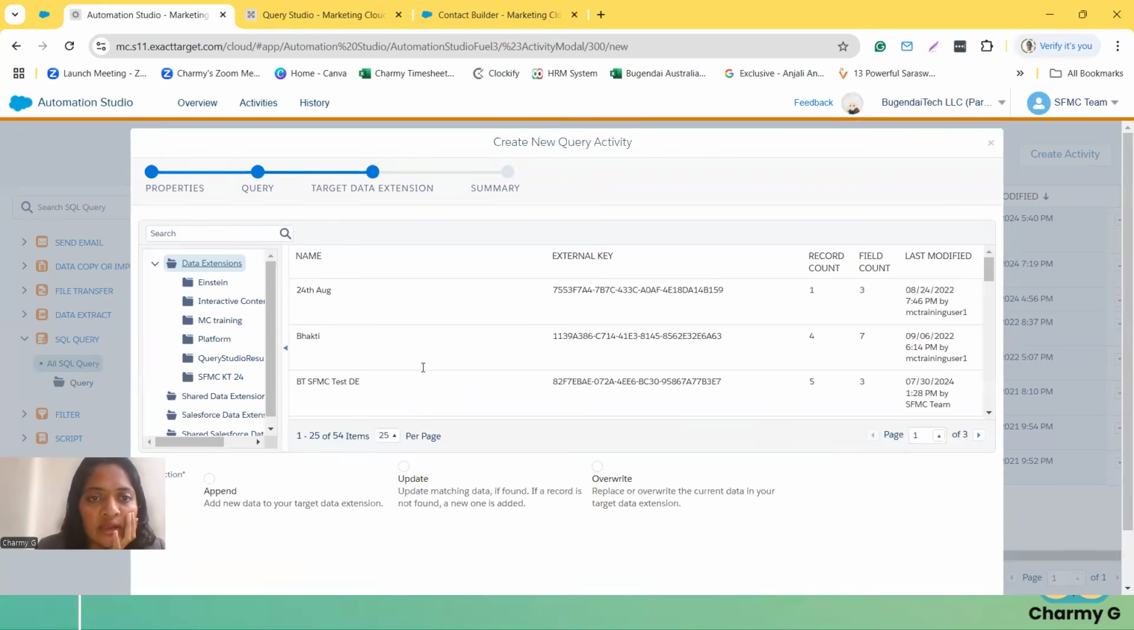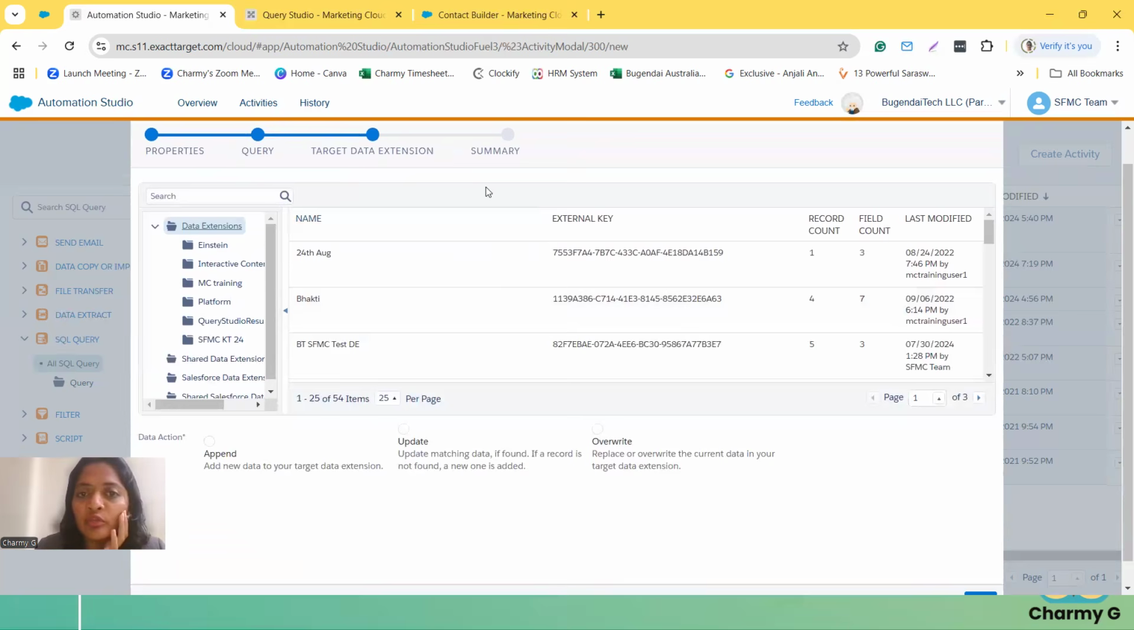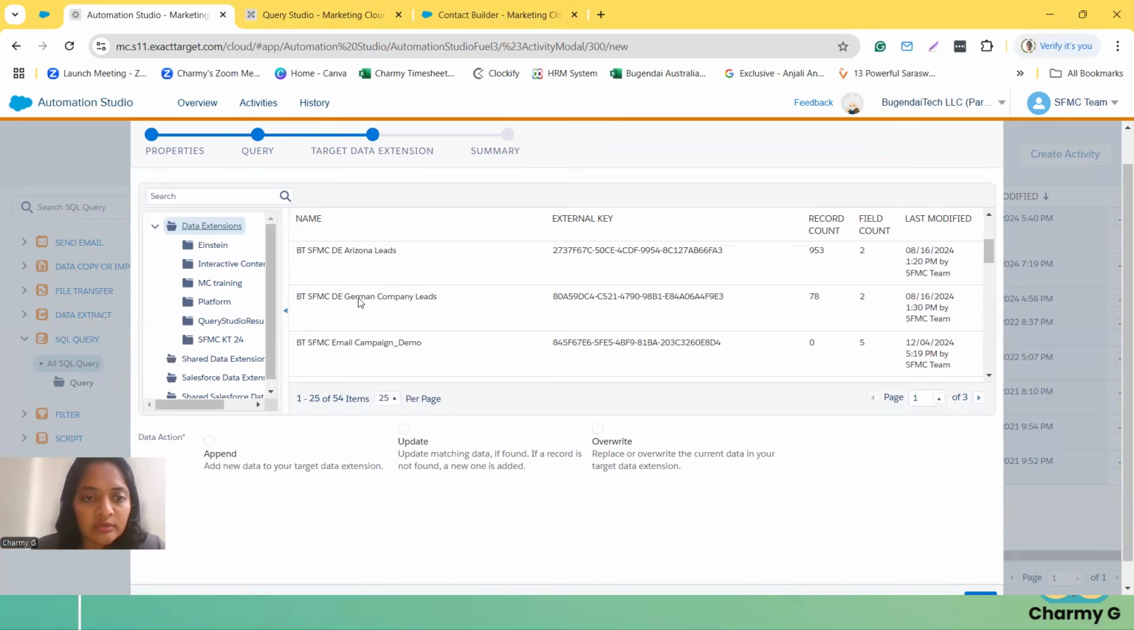Now I need to select my target data extension. So there are four steps. First, we selected properties, giving the name of our SQL query activity. Then we copy-pasted the query. Then now we'll select our target data extension. We have selected the required information from one data extension, table one. Now we need to select table two, the data extension in which you want to transfer that information. So for that,